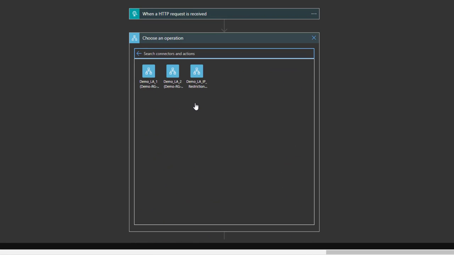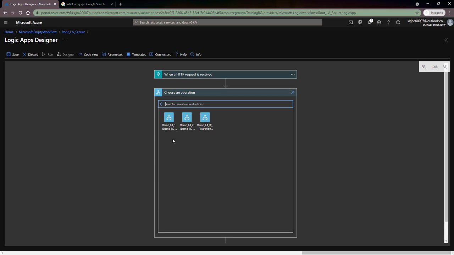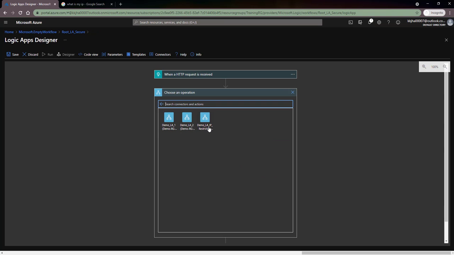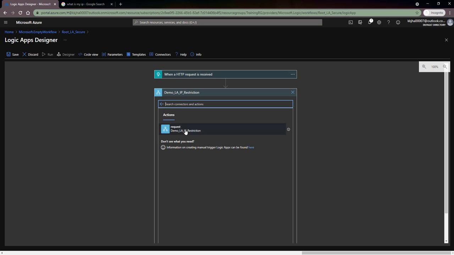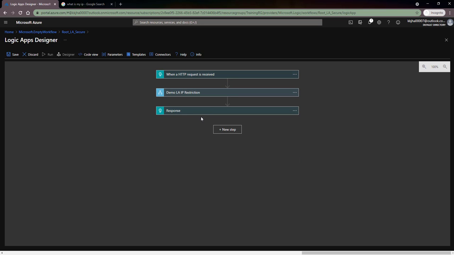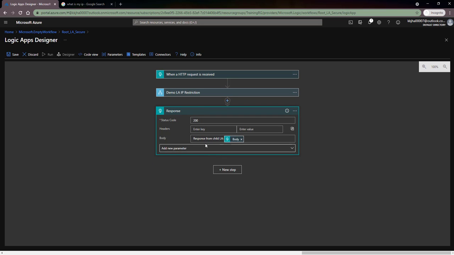Choose this one. In this connector, you can see we have my other logic app that I created, demo logic app IP restriction. I'll choose that logic app, request. This is my workflow information. Then in my response, I have added response from child logic app and body. Now let's save it.